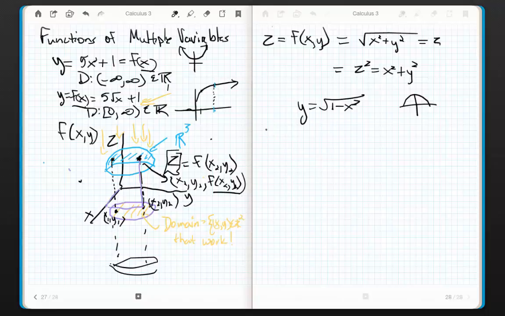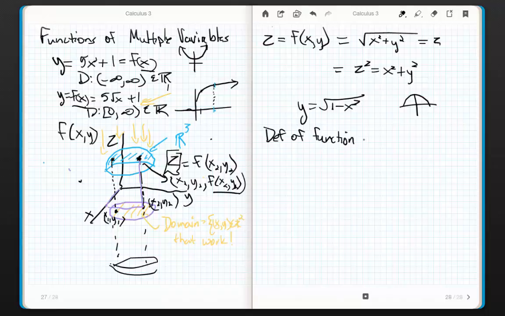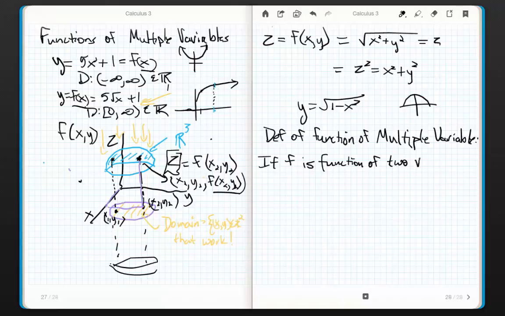Now, I'm going to give you the formal definition of a function of multiple variables. So we are officially in multivariable calculus, which is kind of exciting, multiple variables. All right, here's the formal definition. This is a robust, rigorous definition. It says if f is a function of two variables, with domain